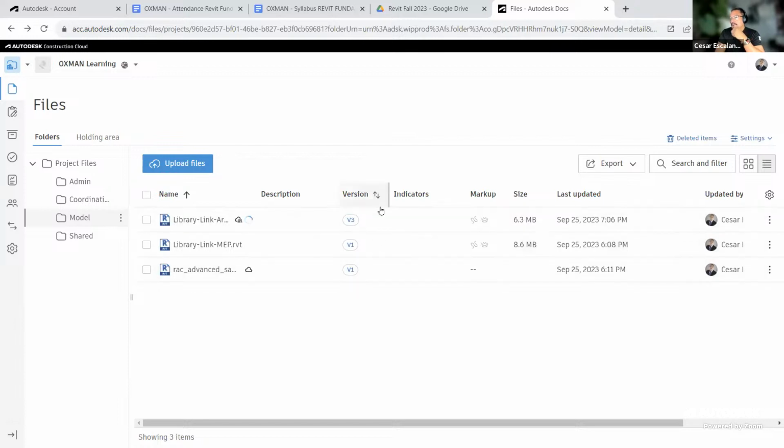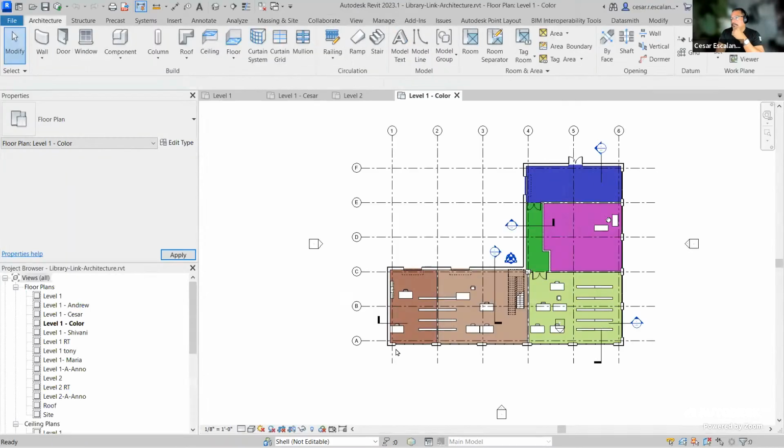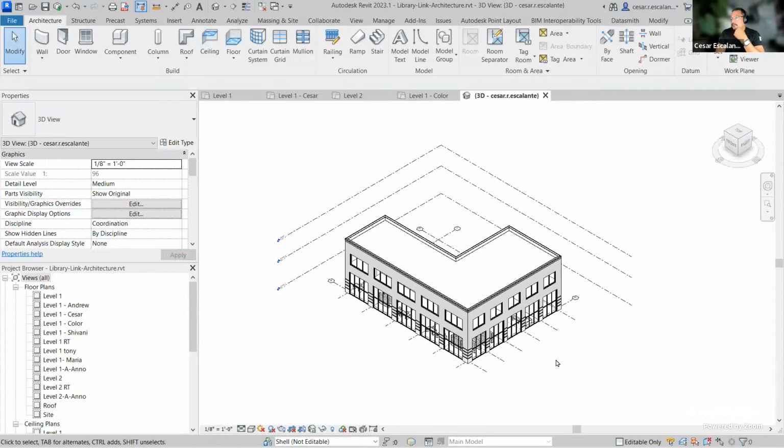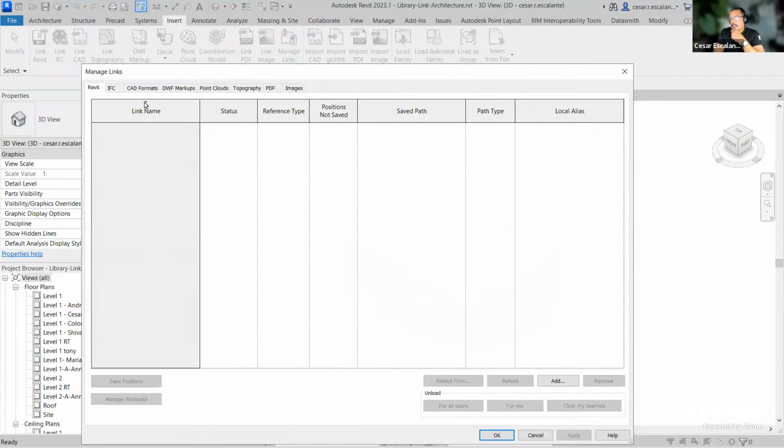Now, the link files, I'm just going to close it there. I'm going to return to my file. I'm going to switch to a 3D view. And let's say the MEP guy, he doesn't have subscriptions. He's just uploading his file manually, like I showed the very first time. And so you can link using relative cloud links. And so you don't have to do this. This is a one-time operation. I'm going to go to the manage links, add